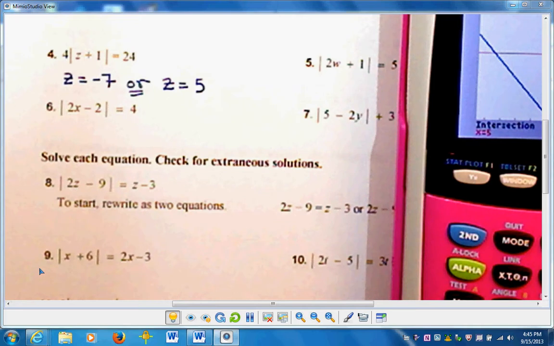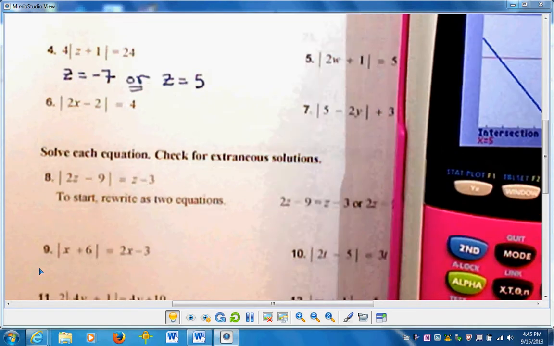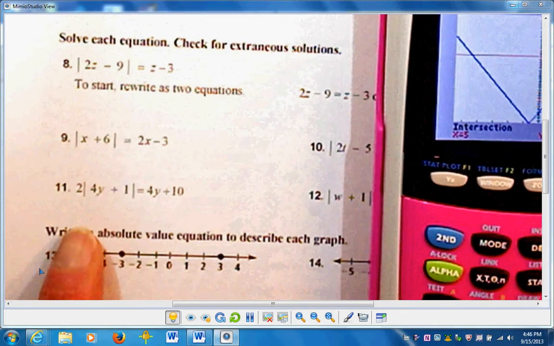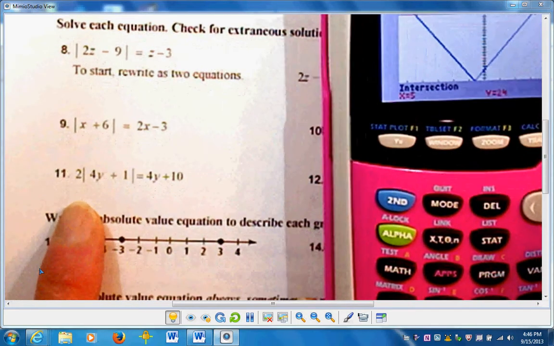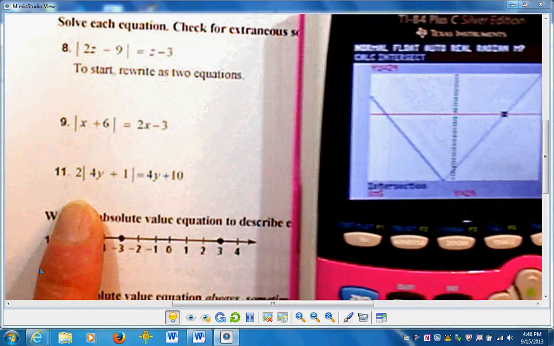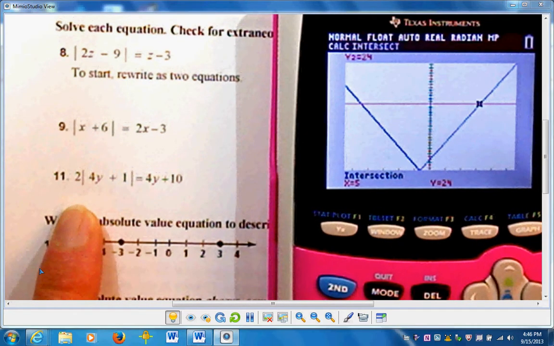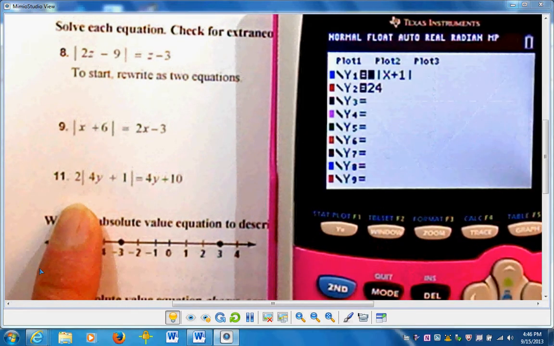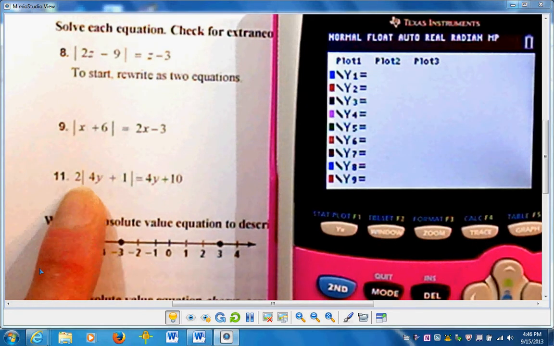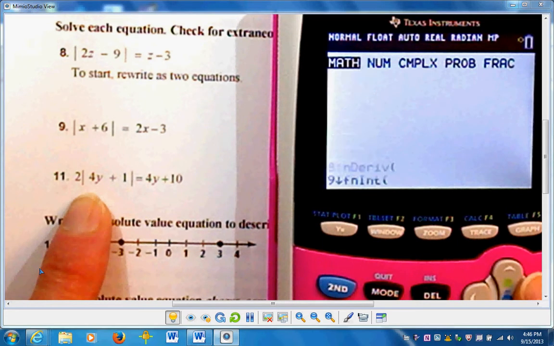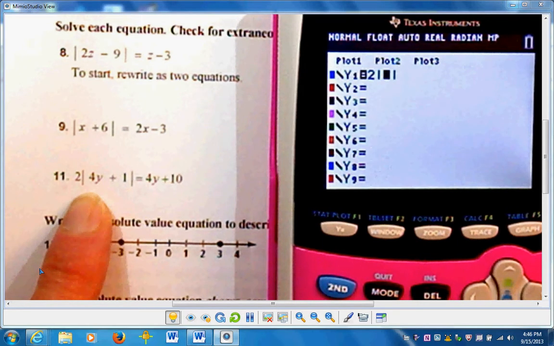Let's do one more. I guess it doesn't really matter. Let's do problem 11, because that one looks pretty ugly. It's really not that bad. So again, I'm going to go to y equals. I'm going to clear out everything in my y's, and I'm going to put in just what I see on the left. 2, math, number, absolute value,